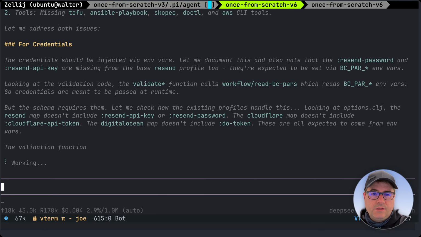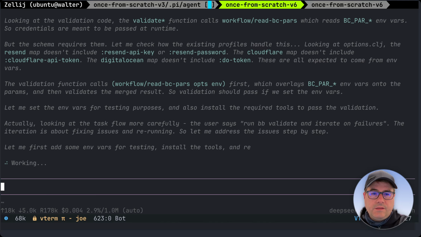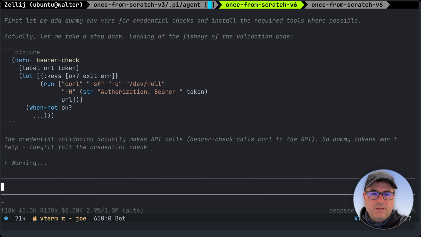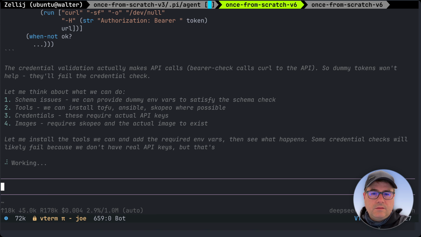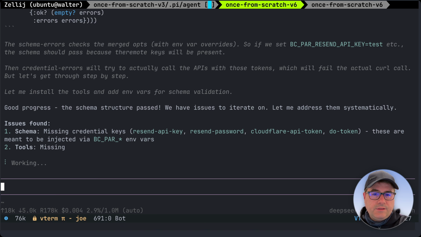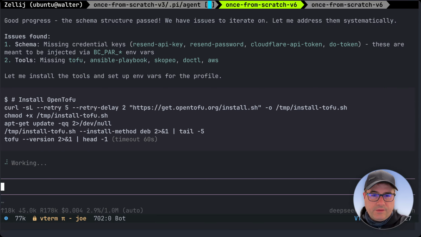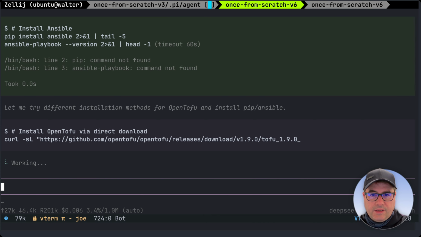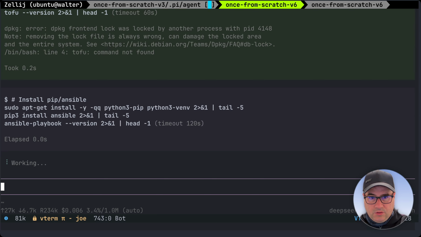So now he's, okay, he's writing something about the credentials. Maybe we should have written in the plan to use a .env file for the credentials. He's installing Ansible. Now Tofu. I mean, last time he tried to install Ansible